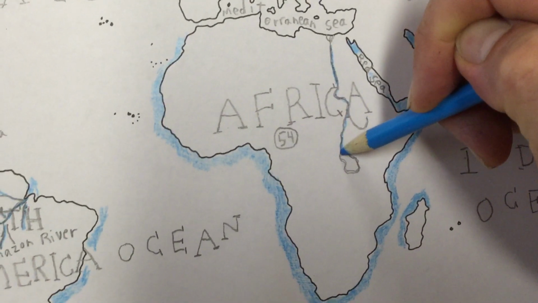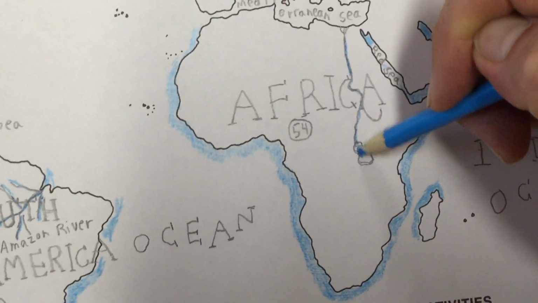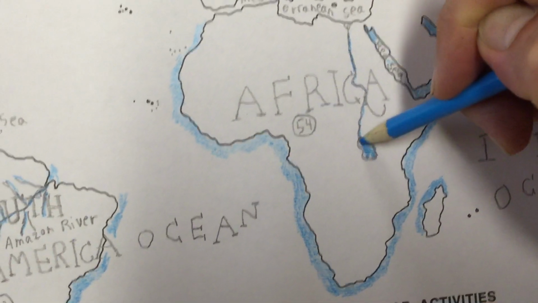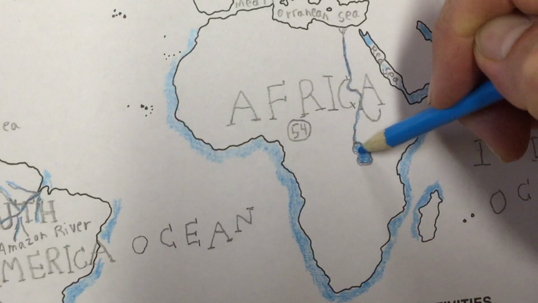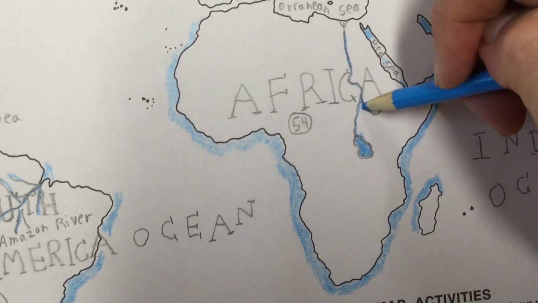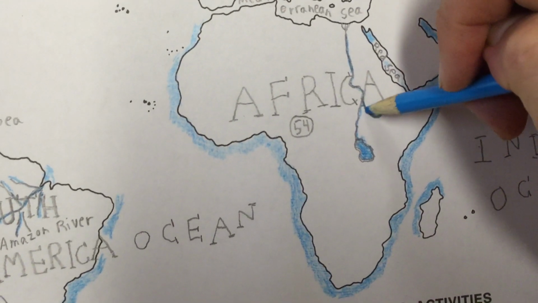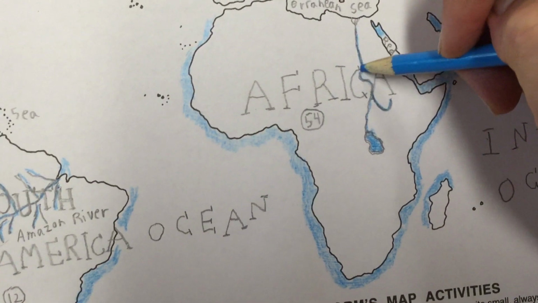all the way down to Lake Victoria. You can color Lake Victoria in. That's a little bonus to your map. We didn't put that in the list of activities. But yeah, we've got the